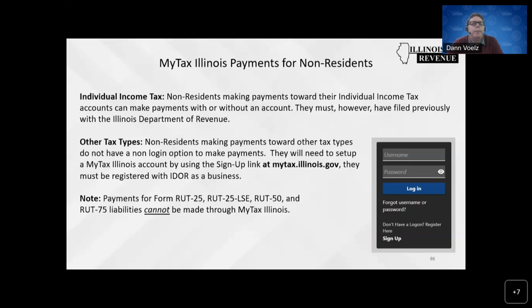MyTax Illinois payments that need to be made for non-residents. If it's for individual income tax, non-residents can make their payments toward their individual income tax accounts with or without a MyTax Illinois account. However, they must have previously filed with the Illinois Department of Revenue. We need to make sure that they are in the system to be able to correctly associate that payment with